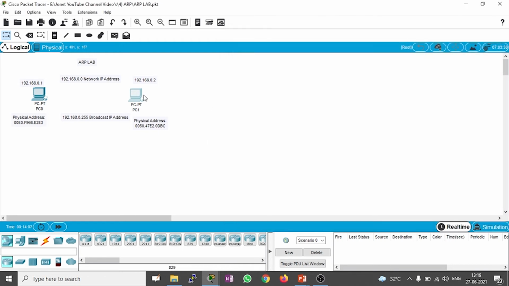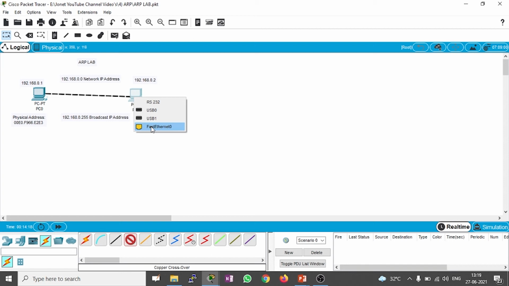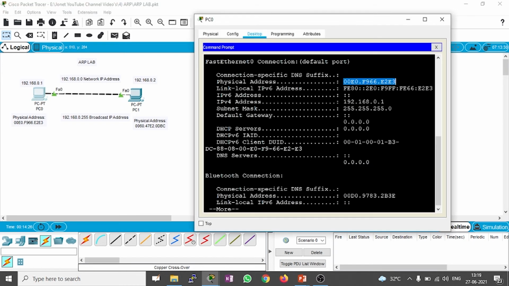Now we have similar devices, so definitely we should use the cross cable. We need to plug into the fast Ethernet port, then again in this system also we need to plug it into the fast Ethernet. Once you have given the connection, we got the green indication. Now after connecting the cable, just go through the command